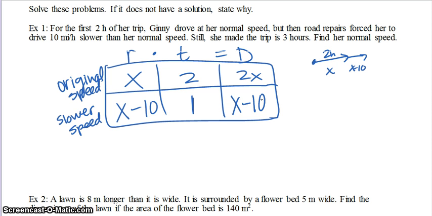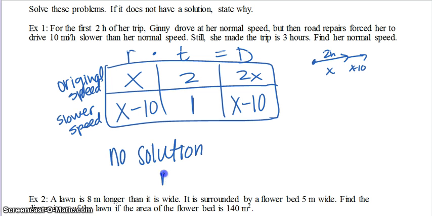Now we need to figure out our equation. We need to think about, does it tell us that the distances are equal, like that her original speed distance for the 2 hours was the same as her distance for the other one? Well, it doesn't say that in there. Or do they add up to a total distance? It doesn't say that either. So therefore, this is no solution